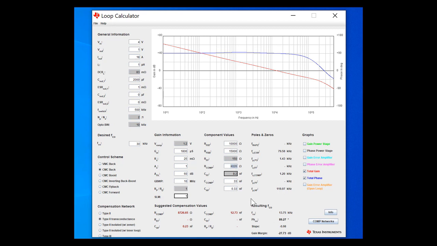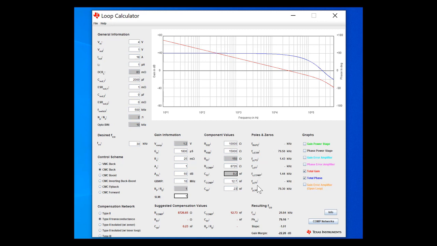So if I put in those values there, I can see that I'm trying to hit around that 30 kilohertz crossover with as much phase margin as possible.